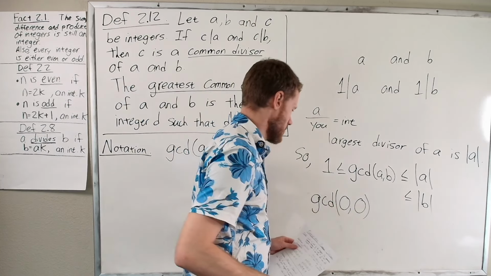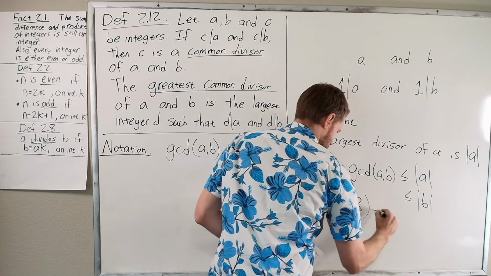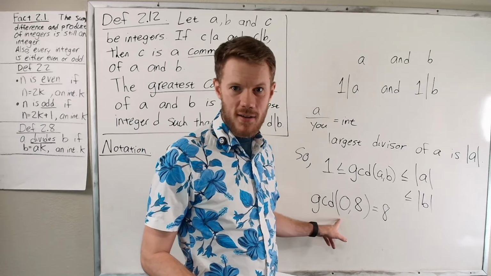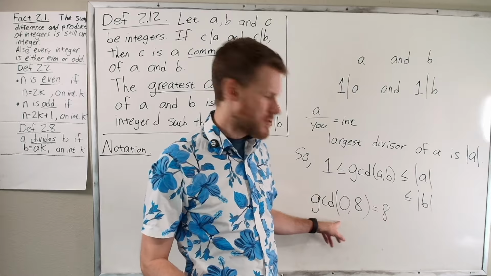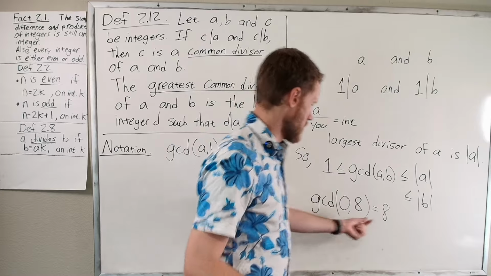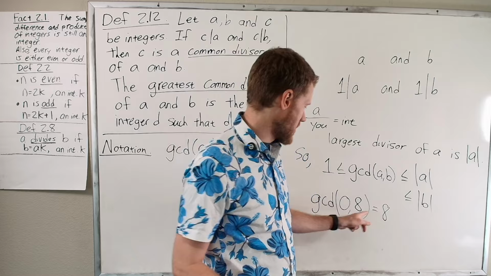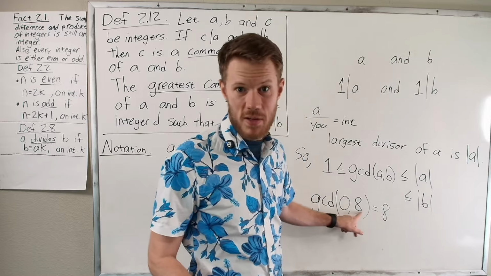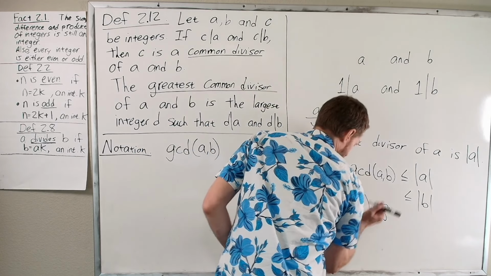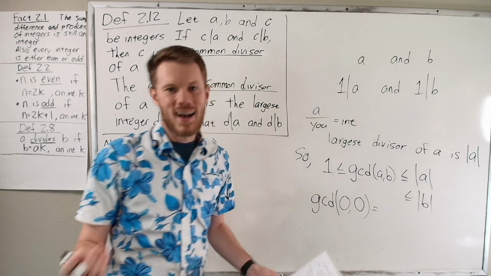If only one of them is 0, like the GCD of 0 and 8, it is 8. Does 8 divide 0? Yeah, 0 divided by 8 equals 0, and that's an integer. Does 8 divide 8? Yes, similarly. So this is a common divisor of 0 and 8. And nothing bigger can be a common divisor because nothing larger than 8 would still divide 8. Okay, so 0 and another number does have a GCD, but 0 and 0, now